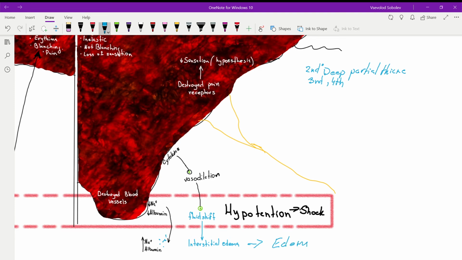So edema will be caused, but because so much fluid, through several different reasons, is leaving the blood vessels and systemic circulation, it will lead to hypotension and inevitably to shock, unless we provide them IV fluids, which usually they use lactated Ringer's. And then after, because they lost so much albumin, but I think after something like 24 to 72 hours,